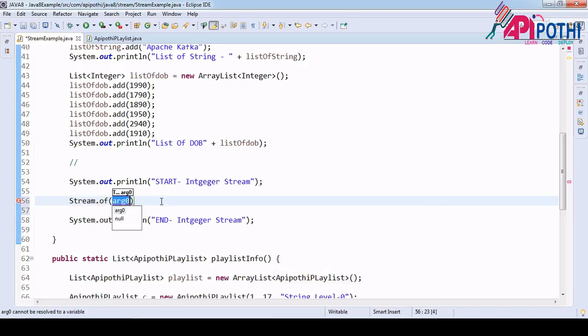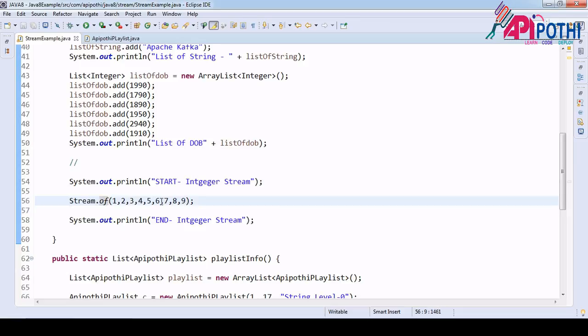So first I am going to create it with multiple values: 1, 2, 3, 4, 5, 6, 7, 8, 9. Okay, so now I have converted these values, or you can say I am passing these values, into the stream.